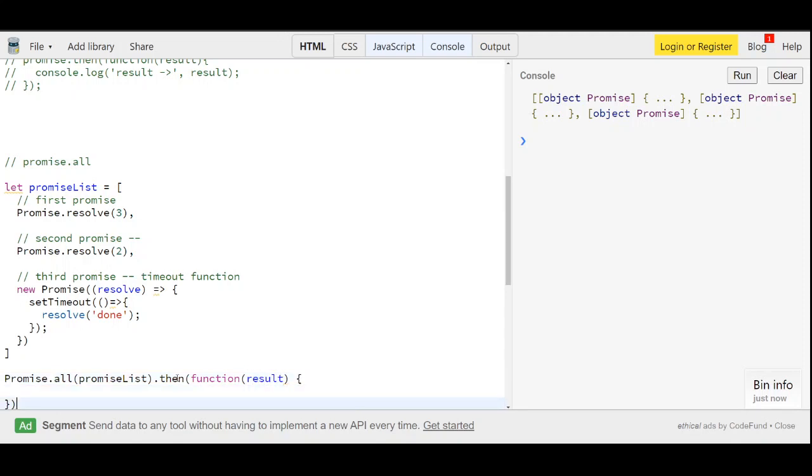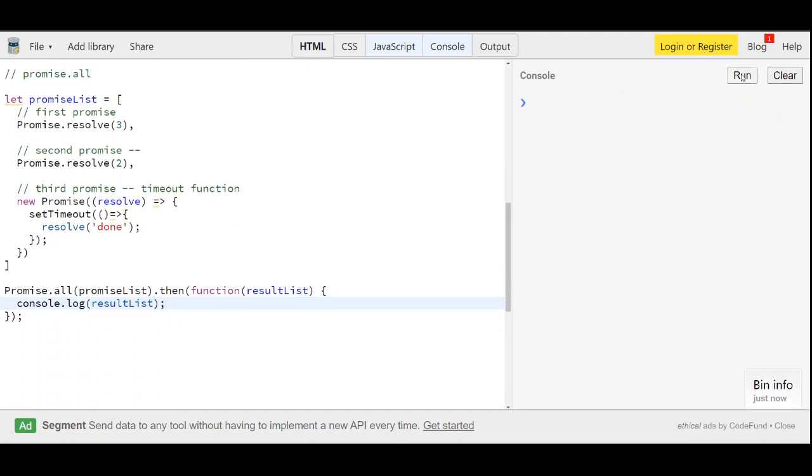The result will be the result list. It will return the result list, console.log the result list, right? Now I'll clear, and so what did you get? 3, 2, and done, right? So you got this in array format.